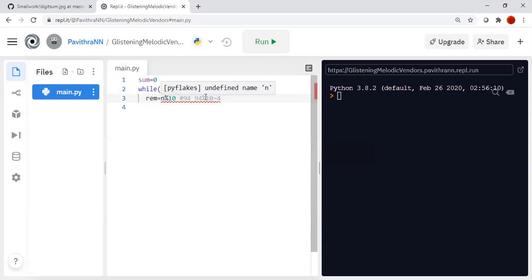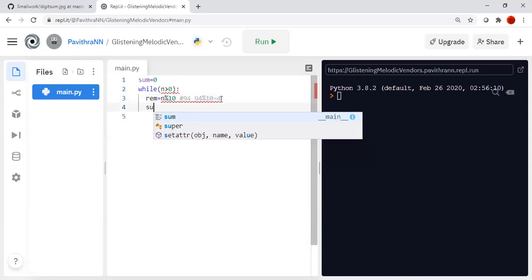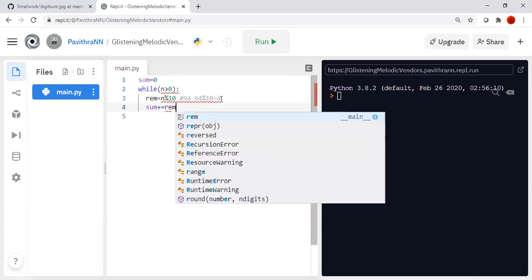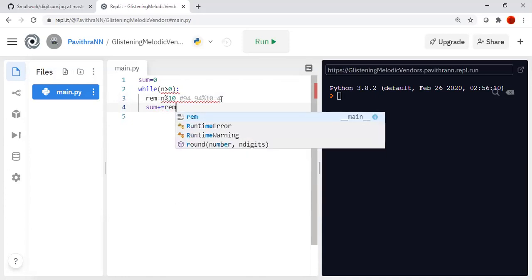The last digit will be saved here. After that, we do the sum with this 4, that means sum plus equals this remainder. Now the sum value will be 4.